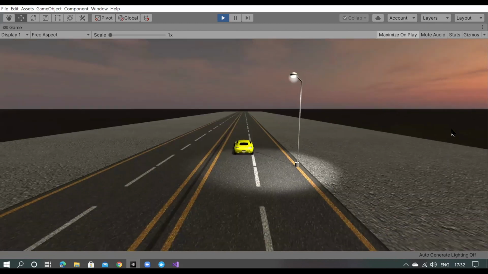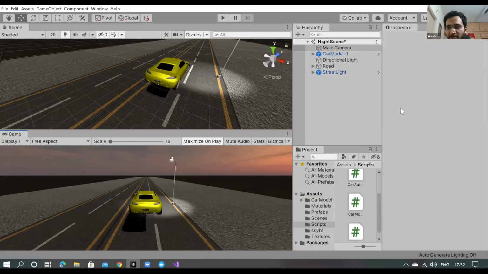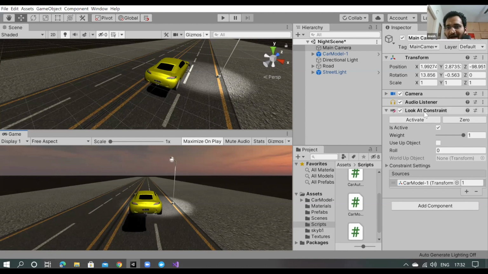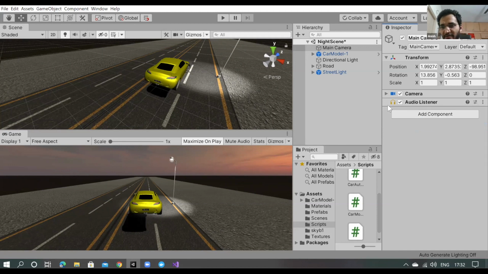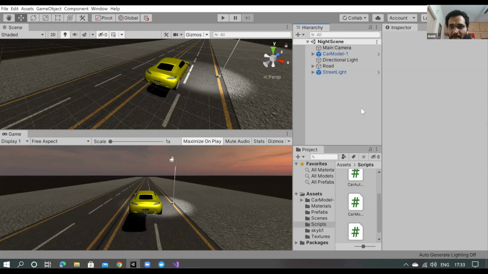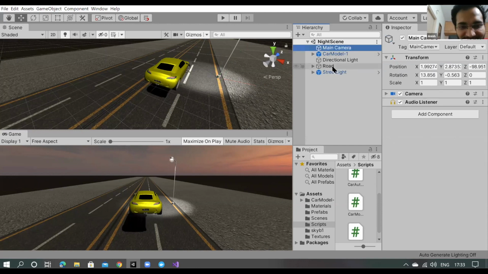So it's just looking, sir, not moving. Yes, it is not moving. That is why this option is not much useful. I have not played with it much, but if you want to try, you can. Maybe check the video, but for now, don't try. I just removed that component from the camera. You can see the audio listener. That will come later. So far our game has no audio. A real car also makes some noise. So we'll discuss that later, and there it will be used.